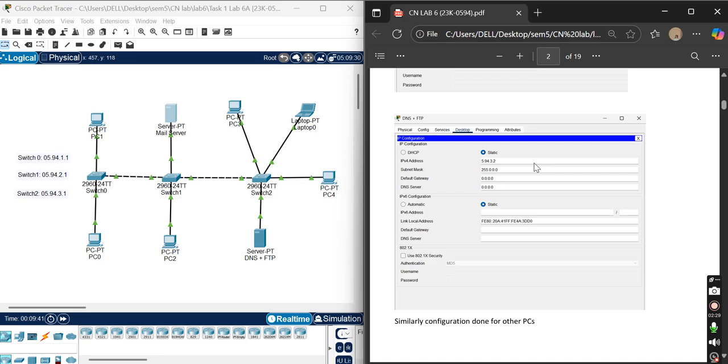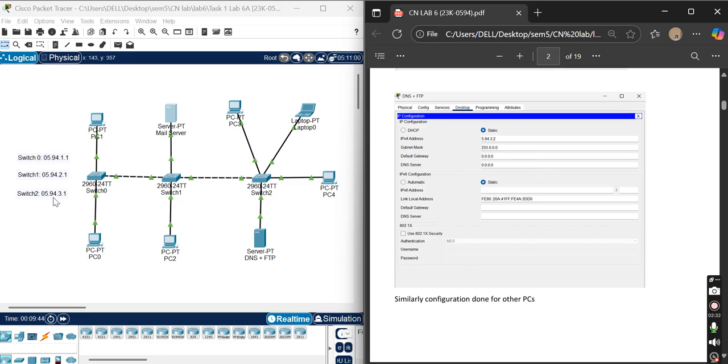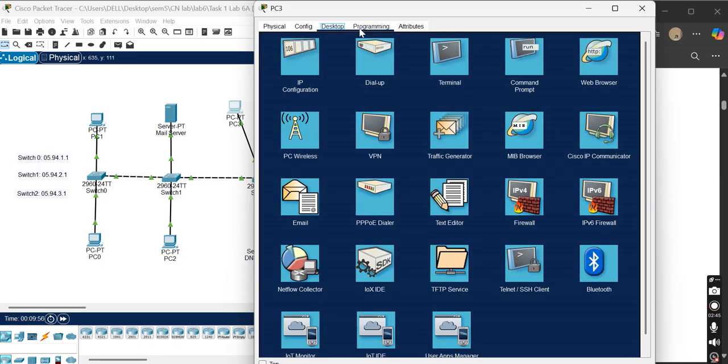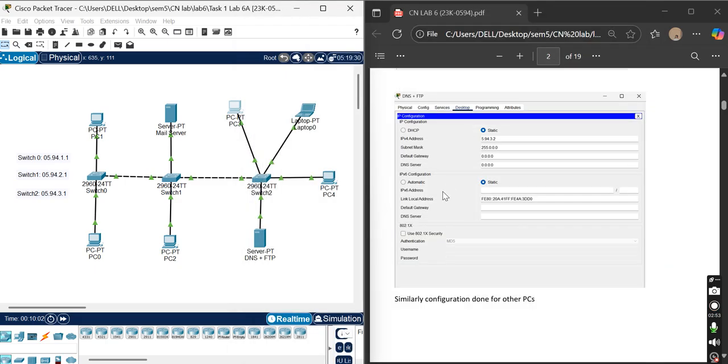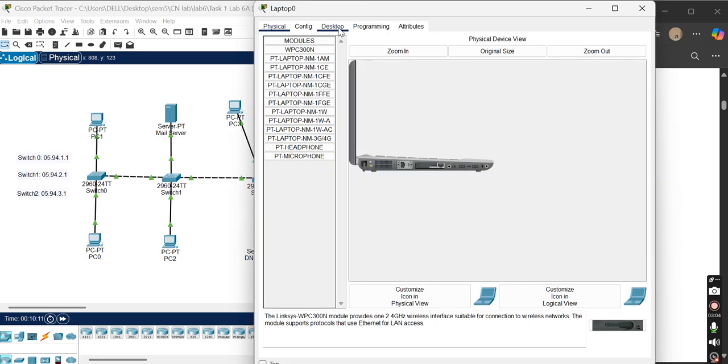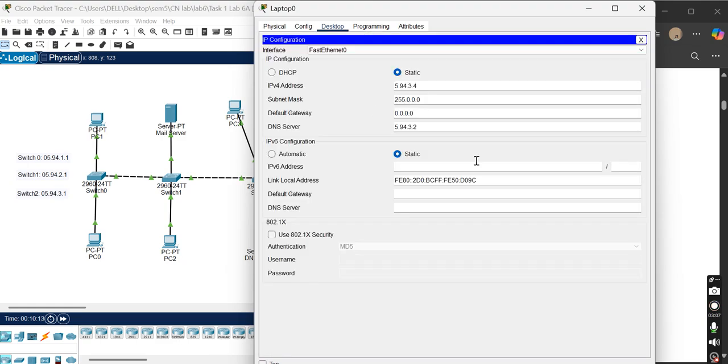In switch 2, since its connection was 05.94.3.1, I similarly assigned configurations to all the PCs and laptops inside it, as we can also see here, 5.94.3.3. I have only attached a screenshot of the DNS server, because I have configured all the PCs in a similar format with an increment of 1, as we can see here, right.